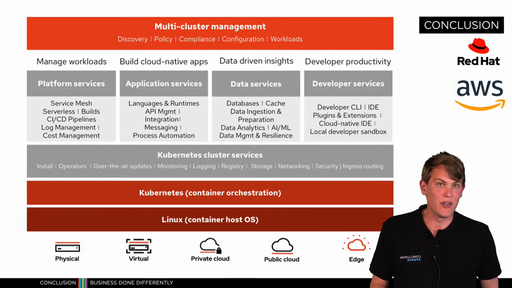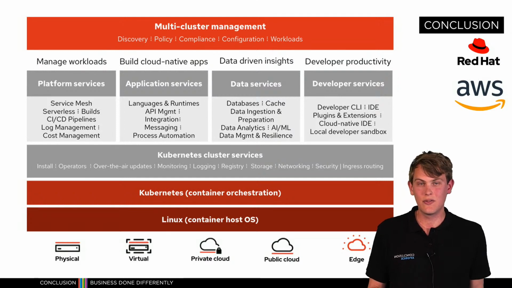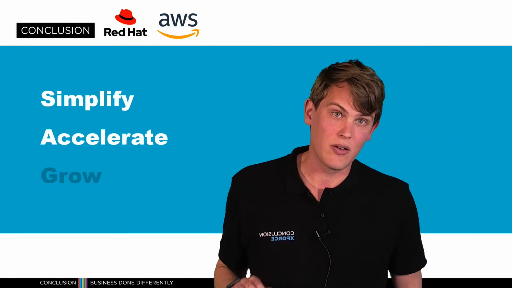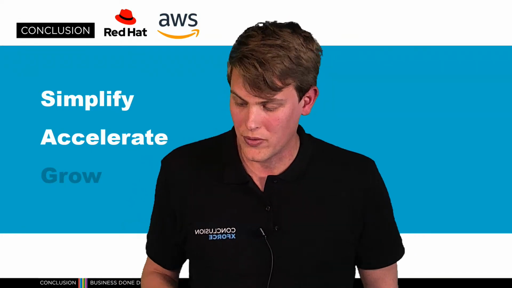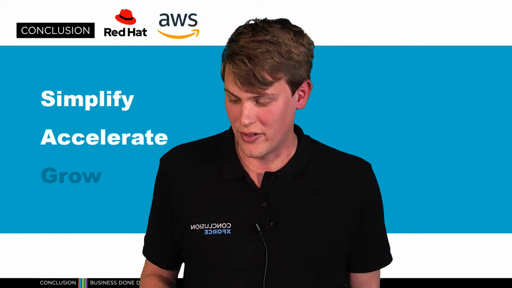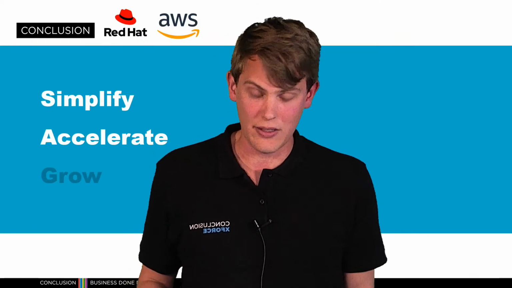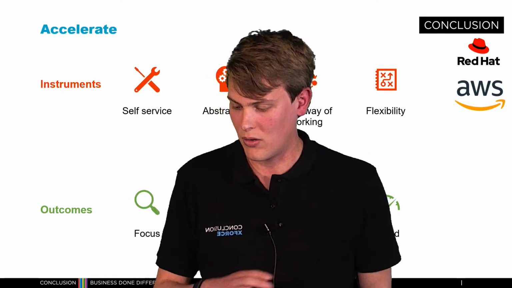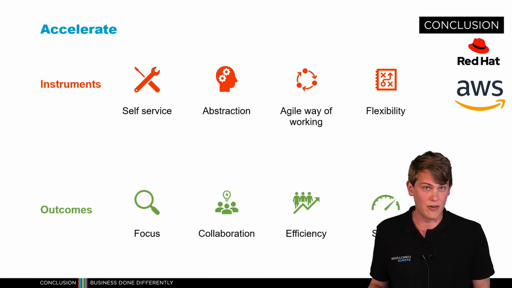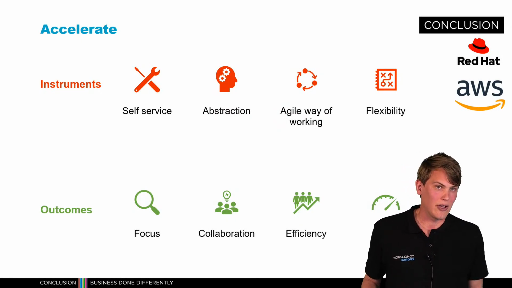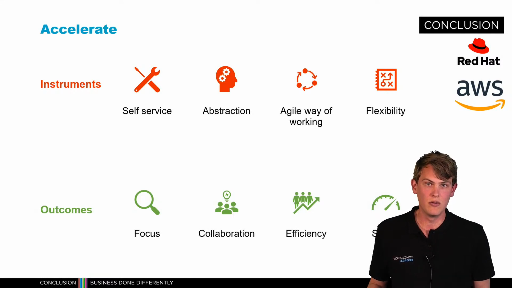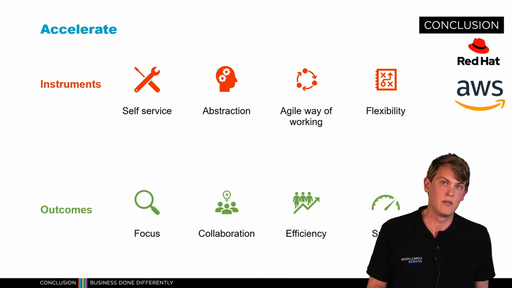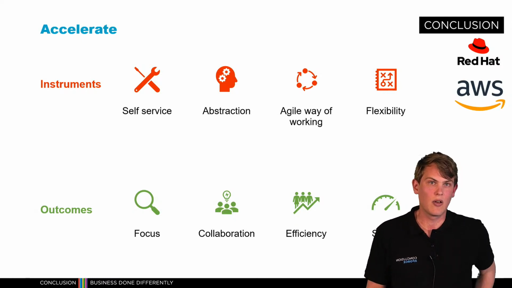So I actually have a couple of instruments named on one of the next sheets. As I mentioned, simplifying your application landscape and infrastructure enables quite a lot of benefits you can further use to accelerate, like self-service. When all your infrastructure and all your services are standardized and simplified, you can enable development teams and operations teams to provision their own infrastructure, their own services, their own runtime environments. Enabling a lot of abstraction,